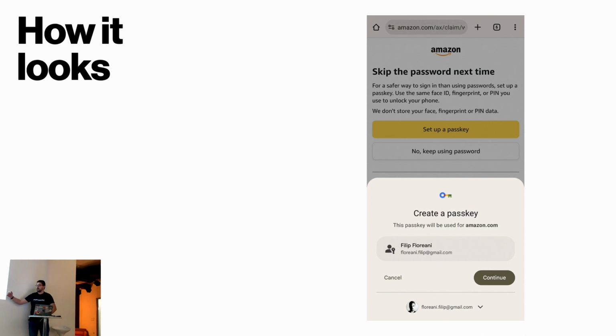And then a pop-up jumps out, says, okay, you want to create a passkey for this service. There's an account that's going to be used. You can choose another account if you want to. You press continue, and the only thing is that I couldn't screenshot that because of Android privacy reasons. A system bottom sheet for giving biometrics pops out. You press your fingerprint or give your Face ID or something like that, and it automatically does everything for you. You now have a passkey, and you're being led to the success screen. So that's the registration process, and that's it. And that's why it's usually simple for users when it works.